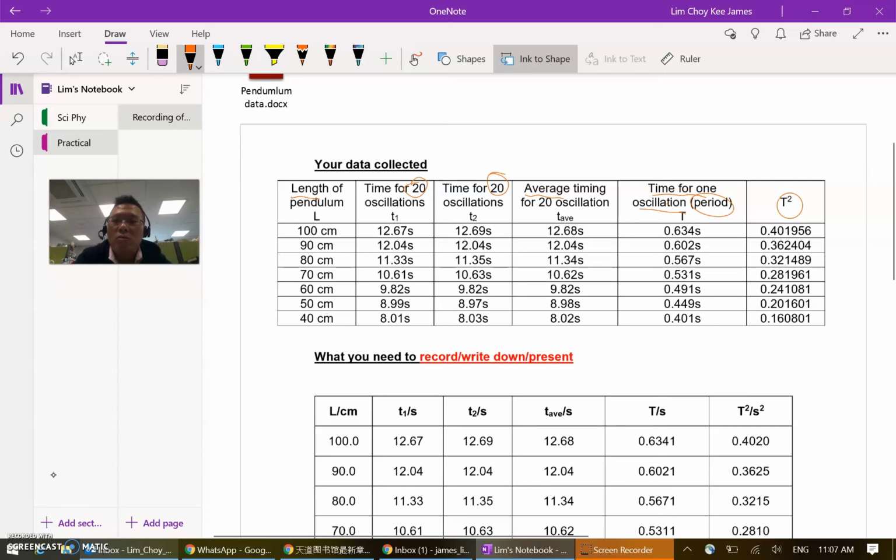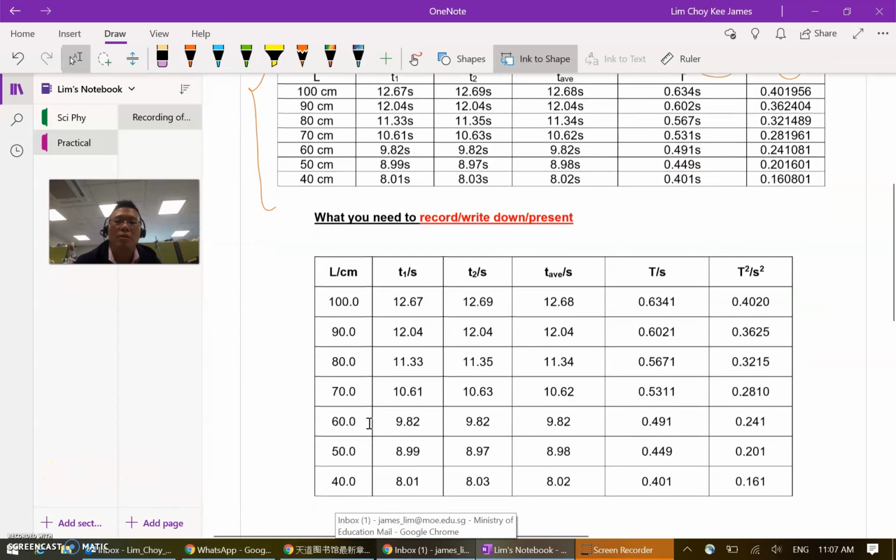So in the normal case, the data that you collected will be on the upper deck. These are the data that you collected on the day, within the first 20 minutes of your experiment. Just record it at your own pace. So from here, how do we rewrite and present it in the correct manner, or in the table form that the marker requires?